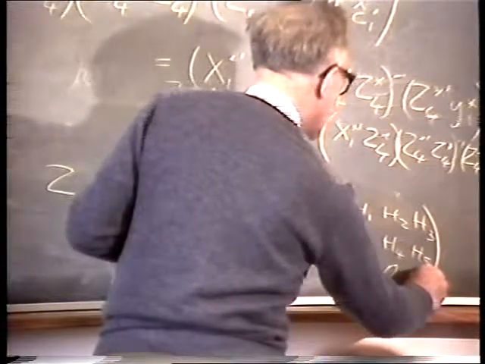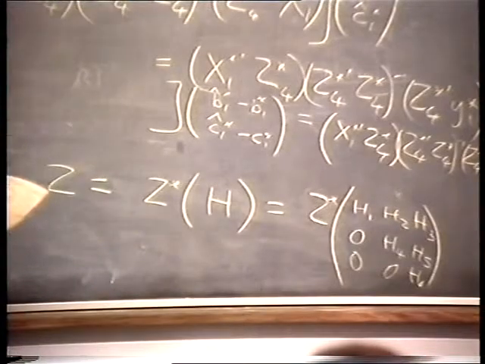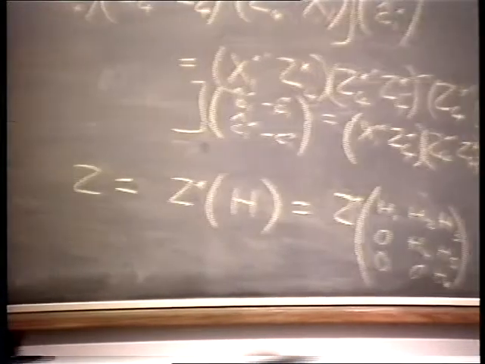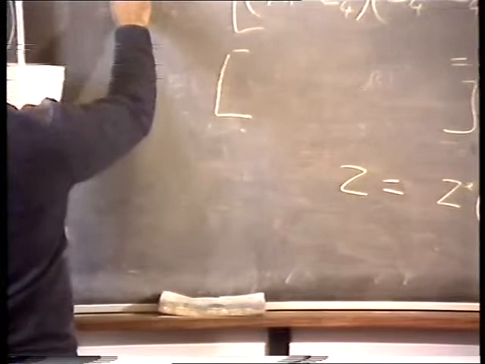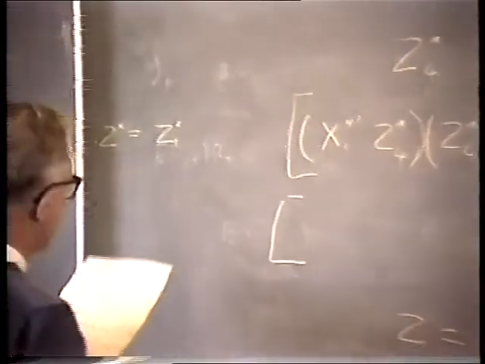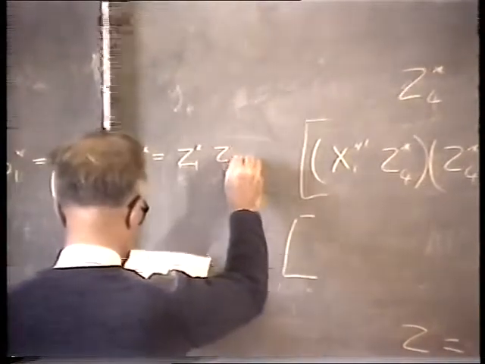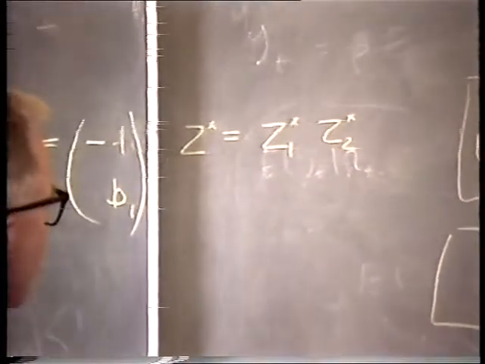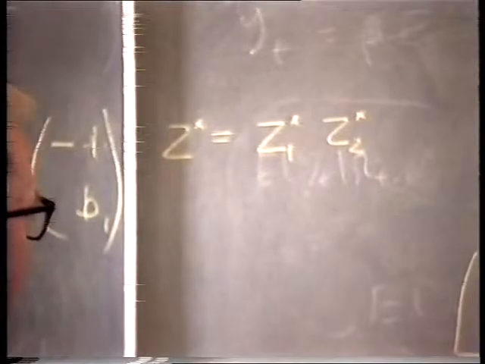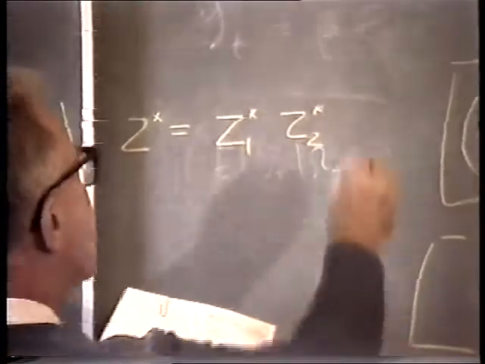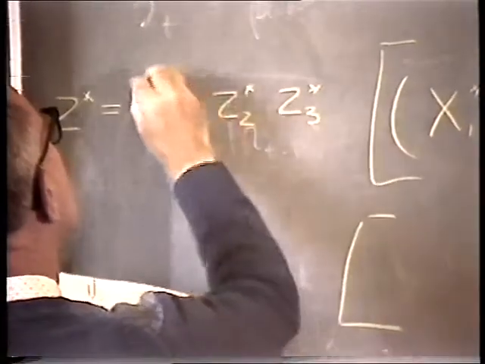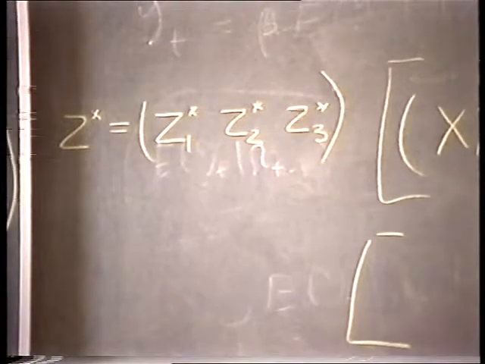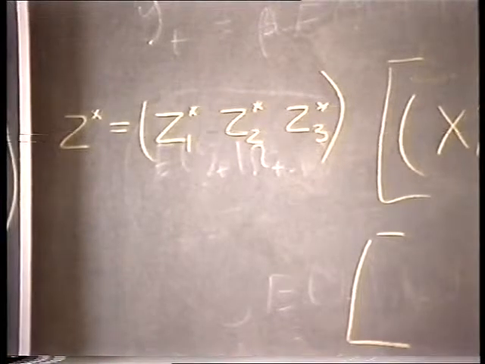So that it has suffixes on it, if you see what I mean. Now the point is that at this point we're splitting the Z star up into, first of all, the Z1 star, which occur in the first equation, Z2 star, which occur in Z4 star, but not in Z1 star, and finally Z3 star, which don't occur in Z4 star, but occur in the model determining the y's.